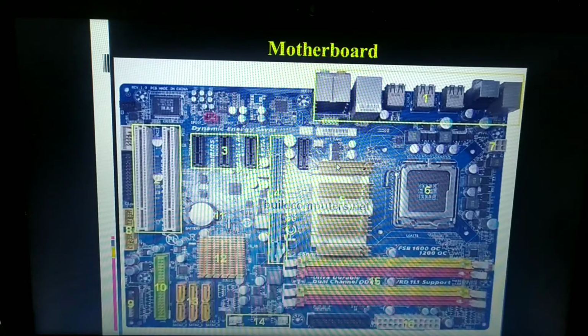Let us see the definition of the motherboard. The motherboard is called a large printed circuit board because it has many chips, ports, controllers and other electronic components mounted on it. Mounted in the sense placed on it. You can see there are so many different kinds of chips, capacitors, memory slots, PCI slots, AGP slots, memory chips, ports and controllers on this. Hence you can call the motherboard a large printed circuit board.